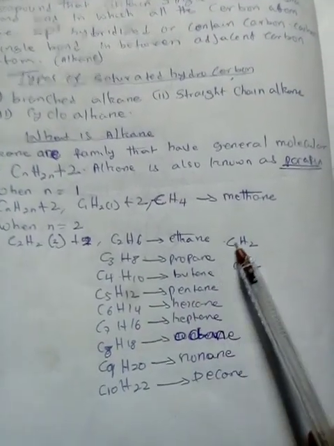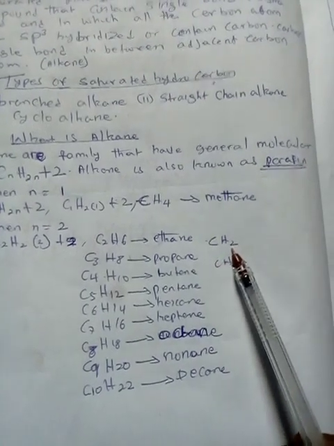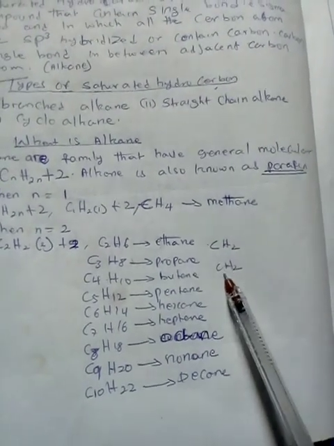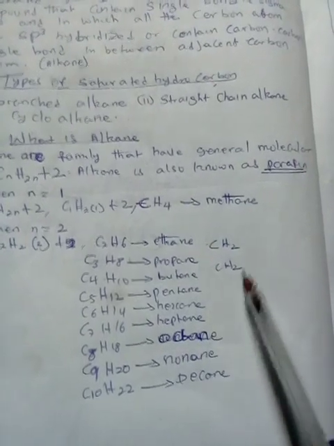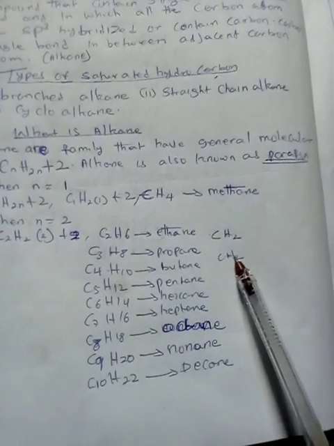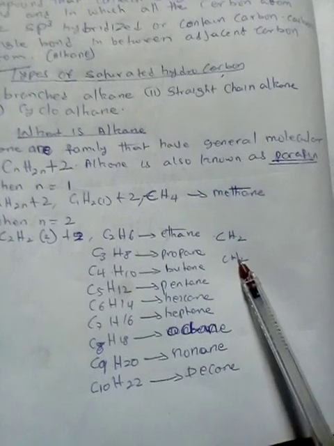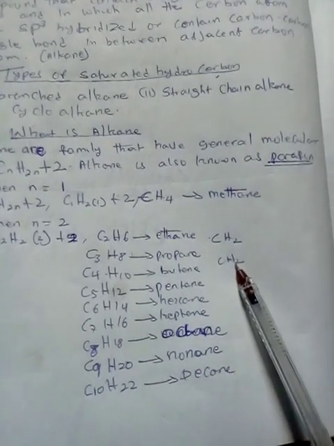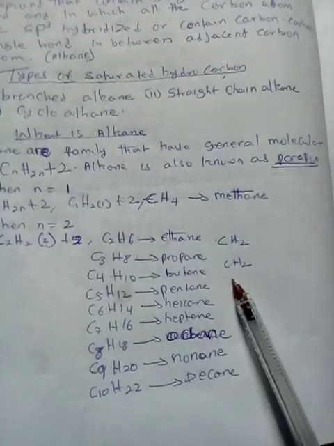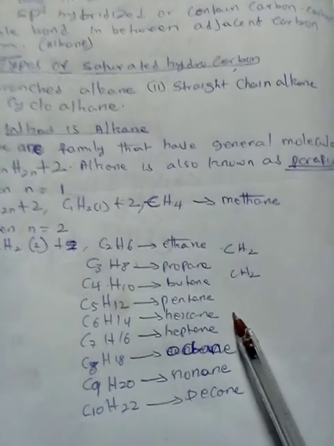Then another thing, you can see that we have CH2 here. Why do we have CH2 here? Because now there is something we call homologous series. Homologous series are a group of compounds in which each successive member differs by CH2. E.g. like this, alkanes belong to the same